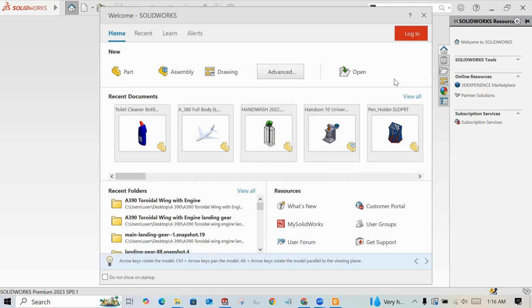Hello everyone. Today we'll discuss the graphical user interface of SolidWorks. Basically, whatever you see or whatever you interact with within a software is called the graphical user interface, or GUI, of that particular software. So here I have opened the SolidWorks software, and if you open SolidWorks at first, you will get